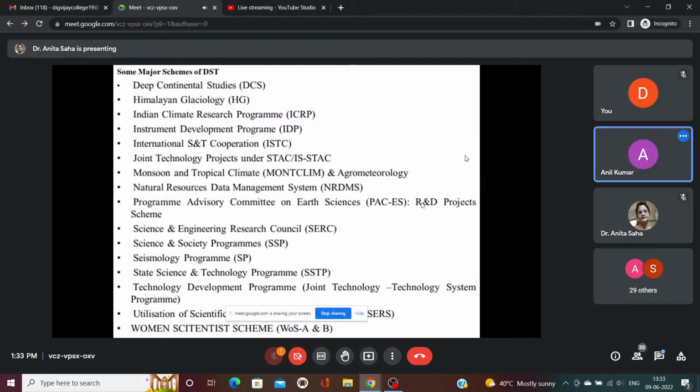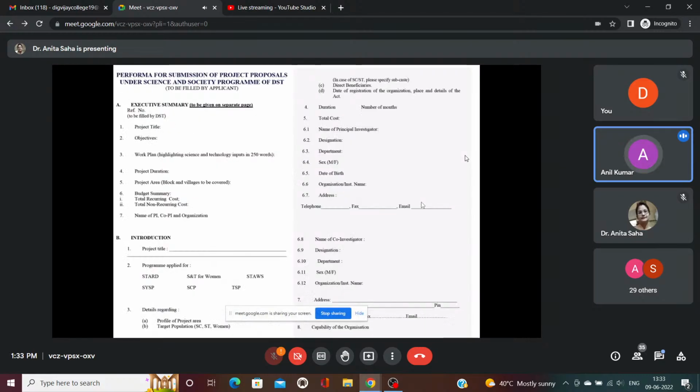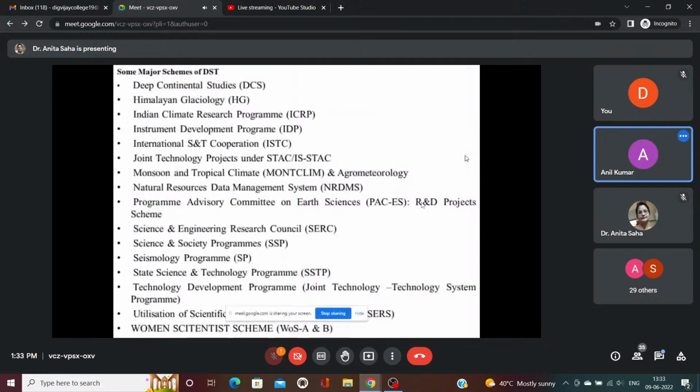The next important one is the Women Scientist Scheme. The Women Scientist Scheme is a very good scheme for female candidates having any break in the career. If they have any break in the career of 1 or 2 years, they can enjoy it up to the 55-year age. They can apply in this scheme and they can enjoy this scheme. And they can do better scientific work up to 55 years of age without getting any job if they have any break in their career in the early phase of life.